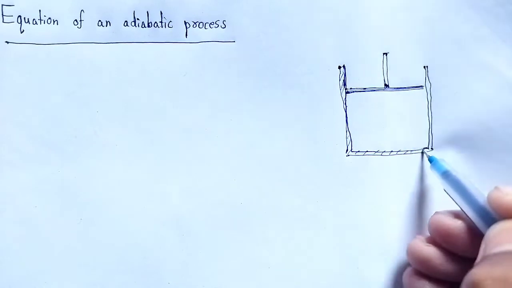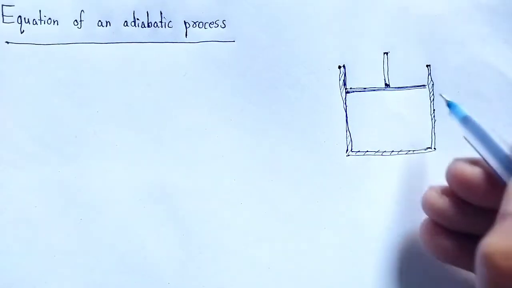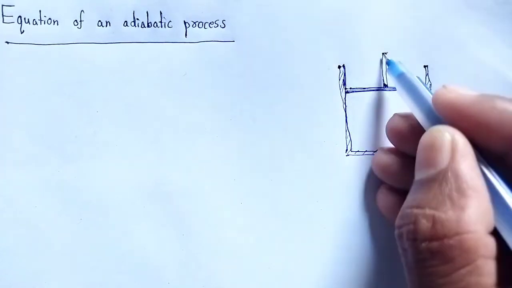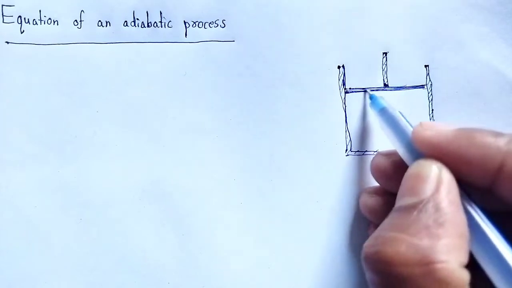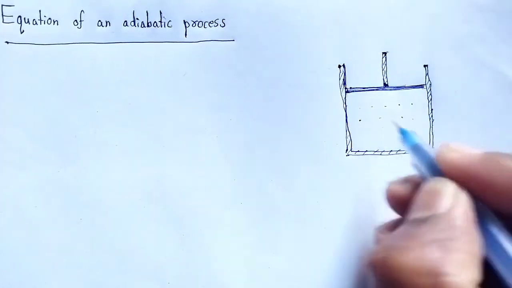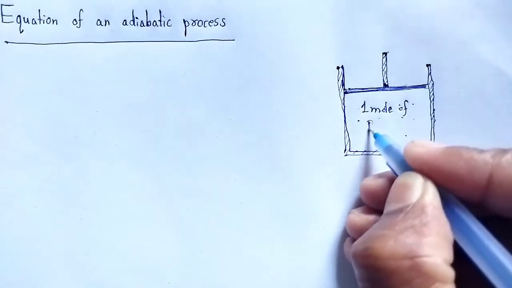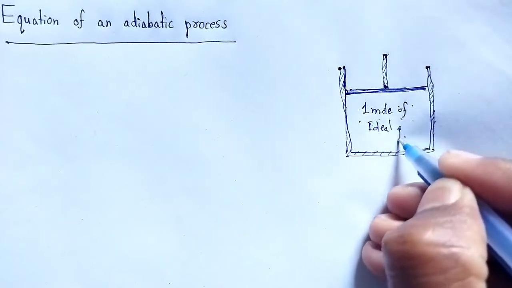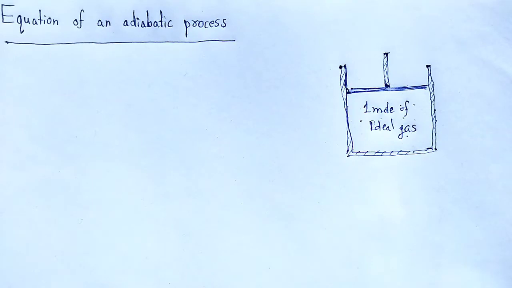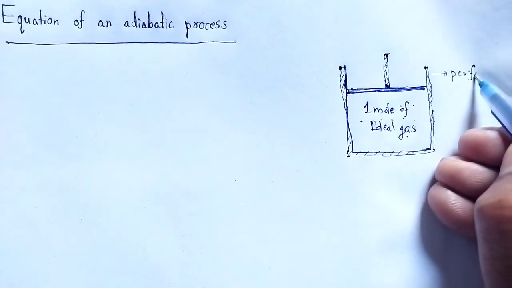It is perfectly elastic and the piston is situated here. So, in that container we take 1 mole of ideal gas, and that container is perfectly